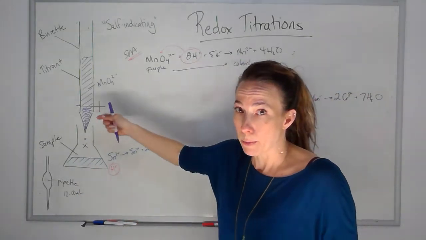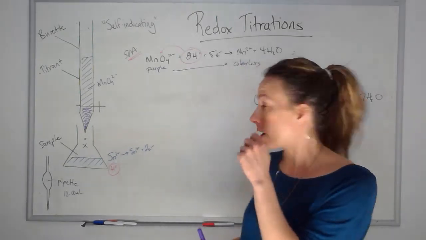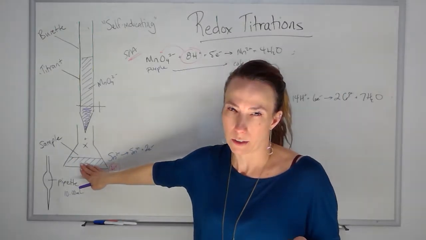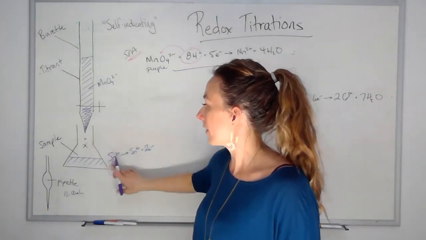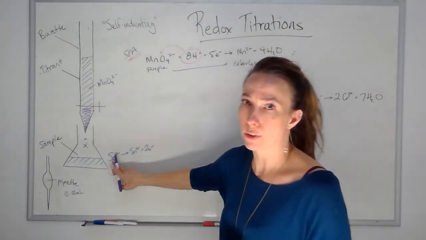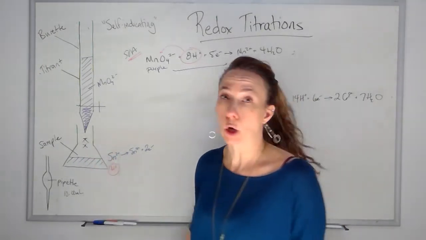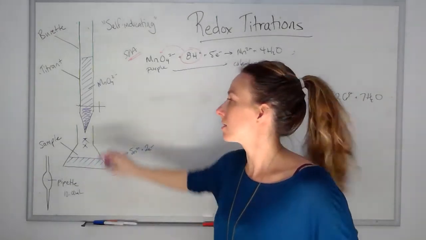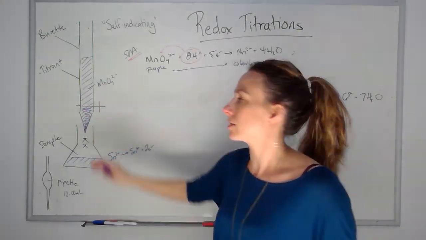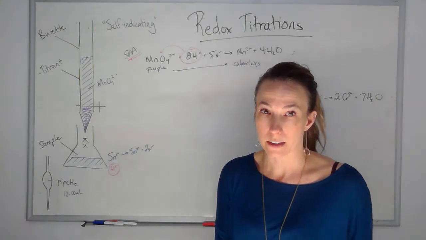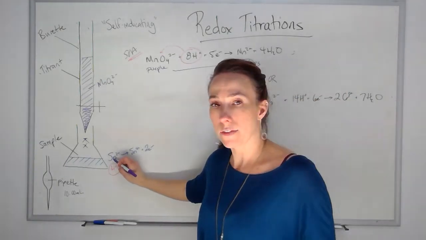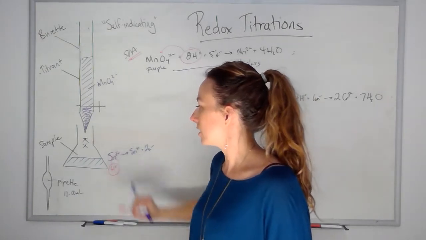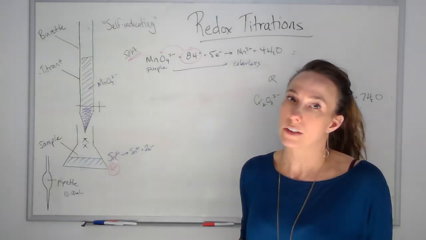So I've added my purple, I've made a drop of my product, which is colorless, and these are all colorless, so what I see is still colorless. I add another drop, and it reacts with this whole flask full of tin 2+. That drop's purpleness also disappears, and I again see colorless. I add more purple, it reacts, colorless. I add more purple, it reacts, colorless. Until one day, all of the tin 2+ inside has reacted. Each time I added a drop, I reacted tin 2+, and eventually all the tin 2+ is going